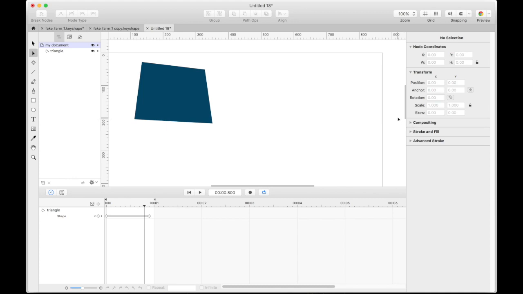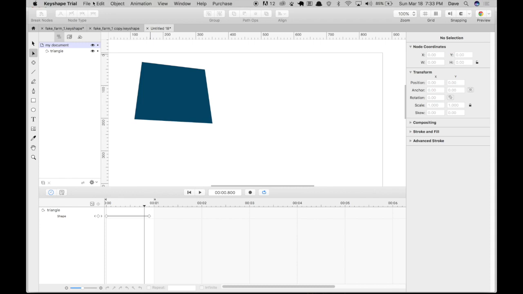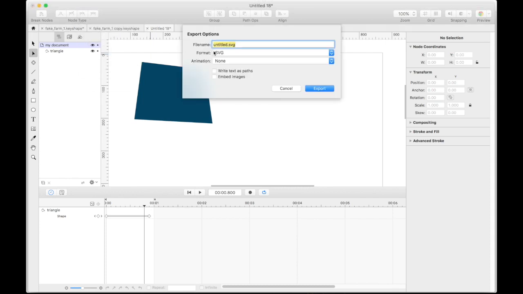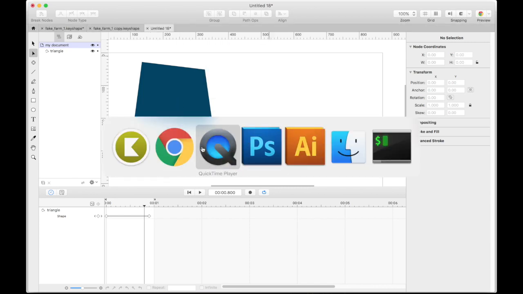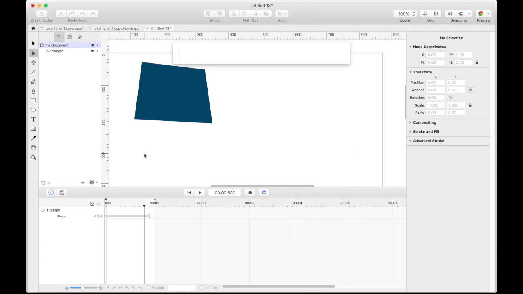I guess maybe I should show you why I'm excited about it. If we do Command Enter and watch this guy here, what I like is that I can go ahead and export it, Command E. I'm going to export it as an SVG, and I want the animation CSS, and sure, I'll have it loop forever, and I'll hit export. Now I open it in something like Atom,